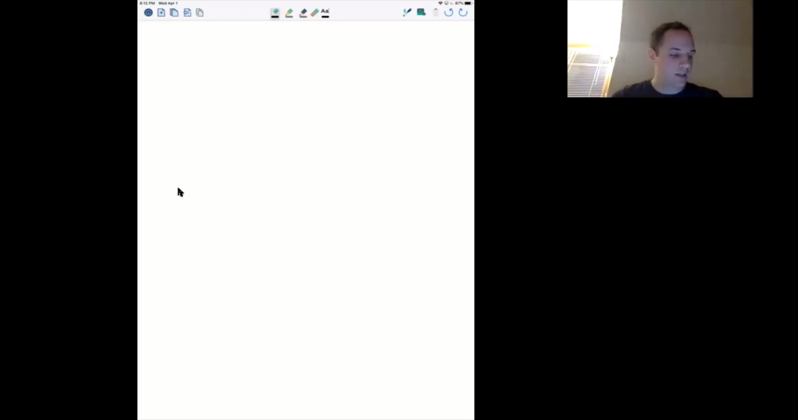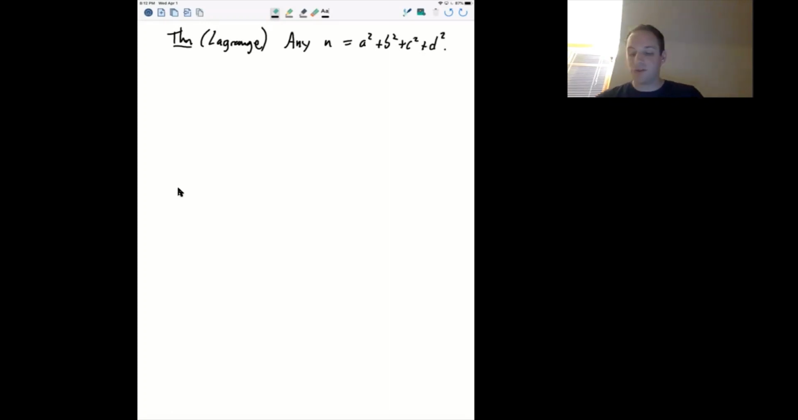So the theorem by Lagrange is that any n can be expressed as a squared plus b squared plus c squared plus d squared. So the trick is to use a number system which is kind of like the Gaussian integers, but which lives inside the quaternions. These are called the Hurwitz integers. So the idea is to use the Hurwitz integers, which are